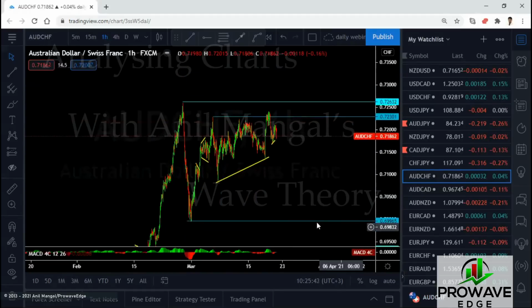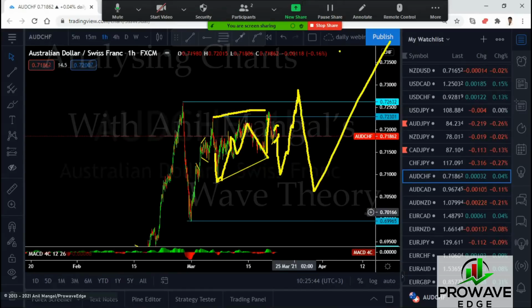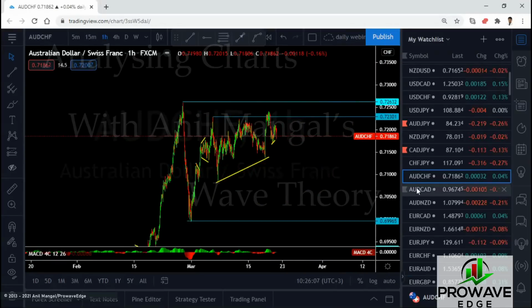Aussie Swiss. Aussie Swiss is consolidating. You're probably going to get a trade to the downside. This is a very complex pattern. I'm assuming we're looking at this. 1, 1, 2, 3. Go up there. This one is coming down for this one here. One down here. Probably go back up. Maybe come back down and then go. It's a very big, complex corrective structure. You could stay away from it. That might be the best thing.